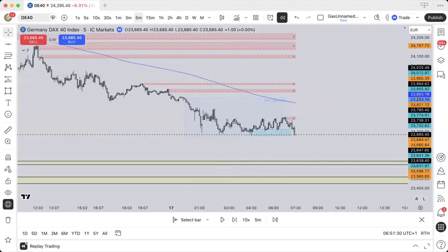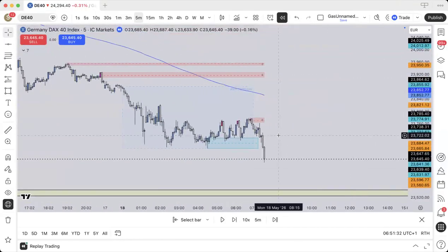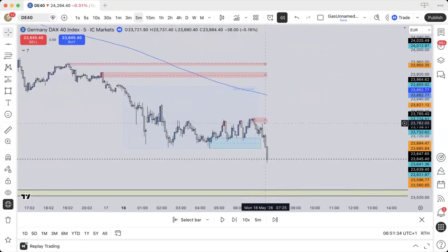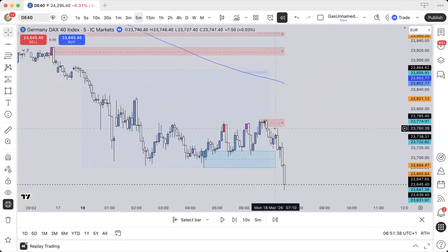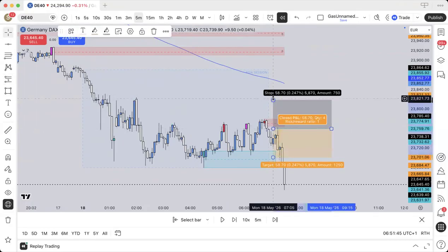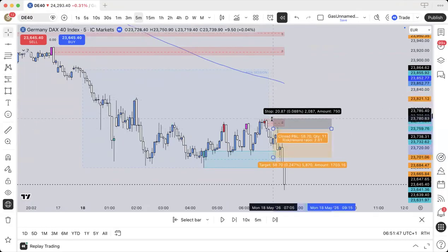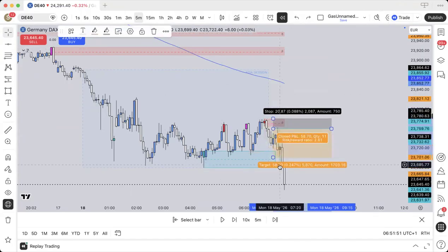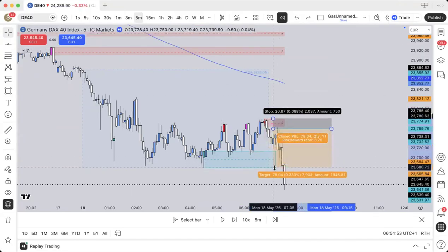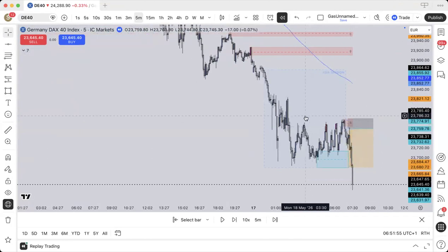So there you go. So we would have had a sell opportunity right here. So I would have covered this imbalance here. So this actually would have been a nice trade. So you can literally just cover that order block. Oh, that would have been a quick